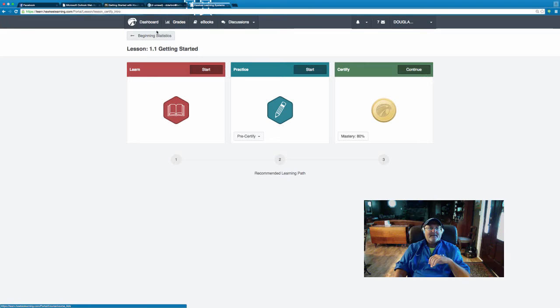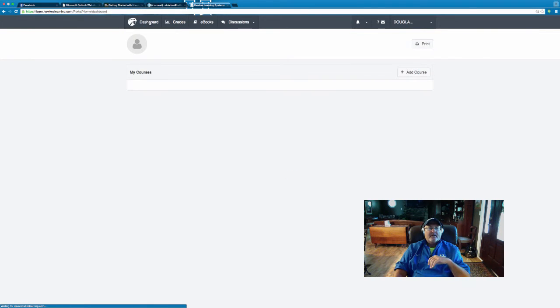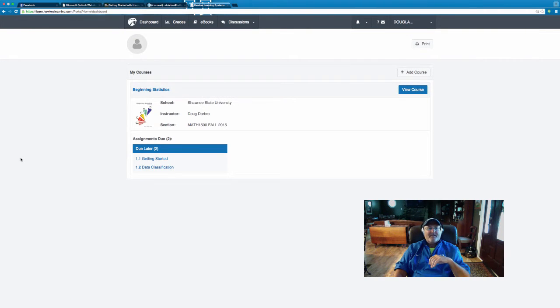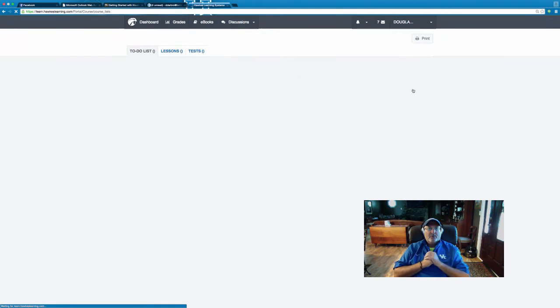If I want to get back to my dashboard, I just go up there and click, and I get back to the main page. And again, I will have assignments due, I will have assignments upcoming, and the dreaded assignments overdue. You'll see that if you don't get things turned in on time. Now, I can come up here and click View Course, and